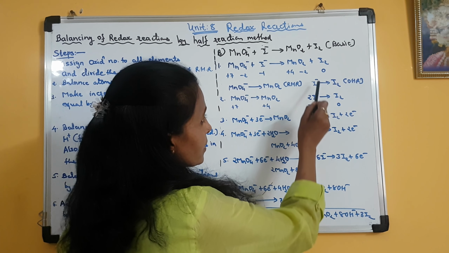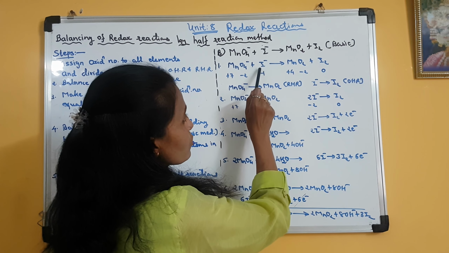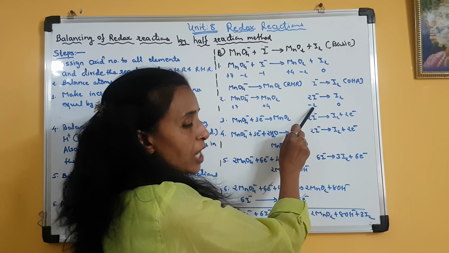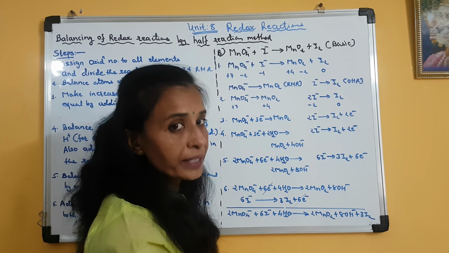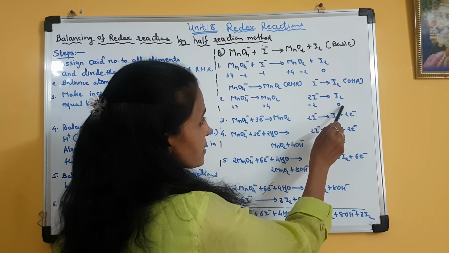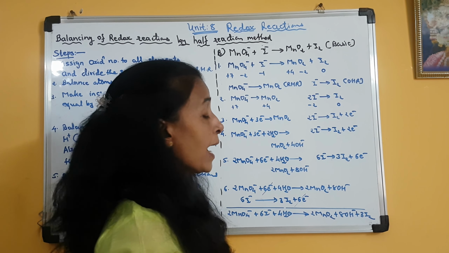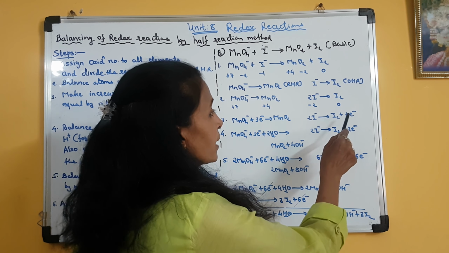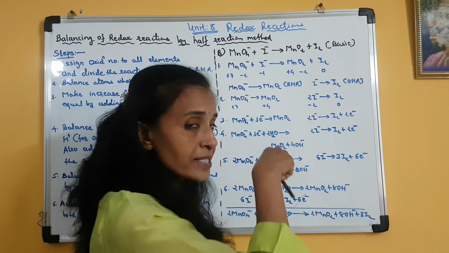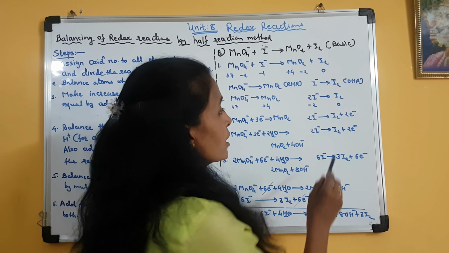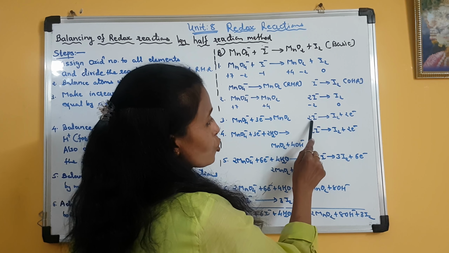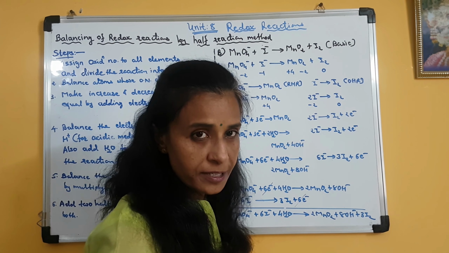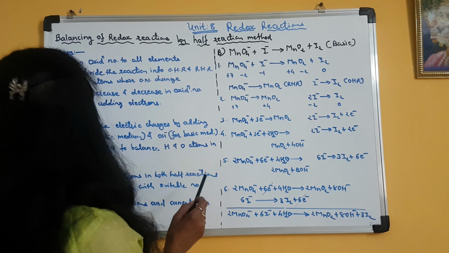Here it is important. See, in the first step I had written I minus, only one iodide ion, so minus 1 charge. But after balancing that iodide ion, now the charge is minus 2. So I will consider minus 2. Clear? So minus 2 on the reactant side and 0 on the product side. I have to add electrons to balance the charges, and electrons are negatively charged. So obviously electrons will not be added on the side on which there is a negative charge. I will add them on the opposite side. So 2I minus gives I2 plus 2 electrons. Now you can see minus 2 and minus 2 charge on both sides. Clear? Okay.